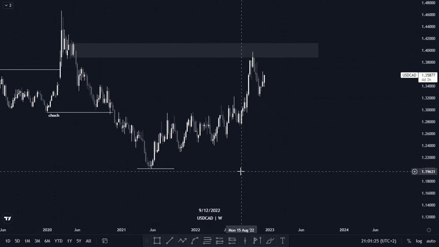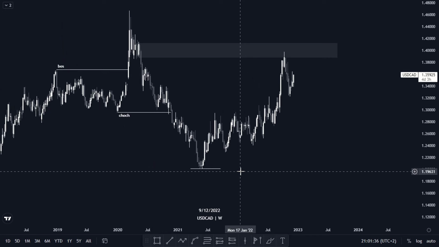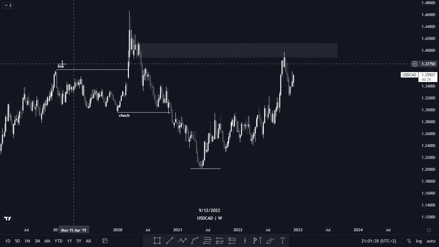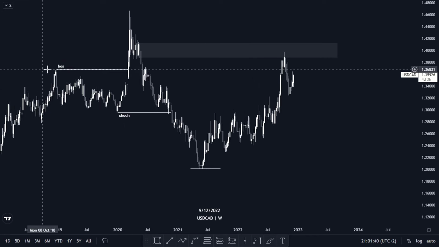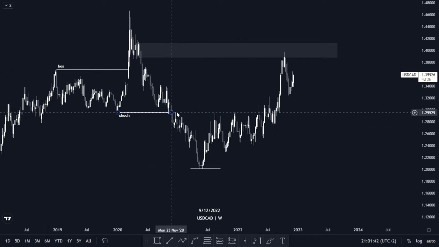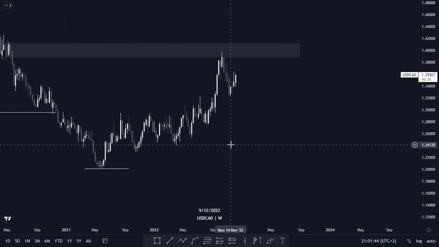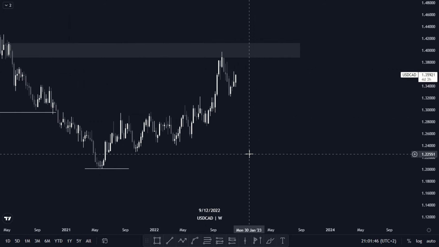Okay, so now we're going to move to break of structures. Step 3 is break of structures and market structure. Okay, so we have a break of structure on the chart also here, and our step 4 is